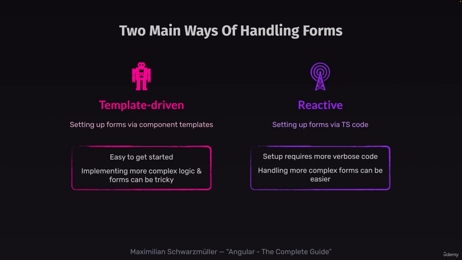And therefore, as you will also see, the setup step can be a bit more complex, can require more code, and is a bit more verbose. But the advantage can be that handling more complex forms may be easier than when using that template-driven approach. But of course,